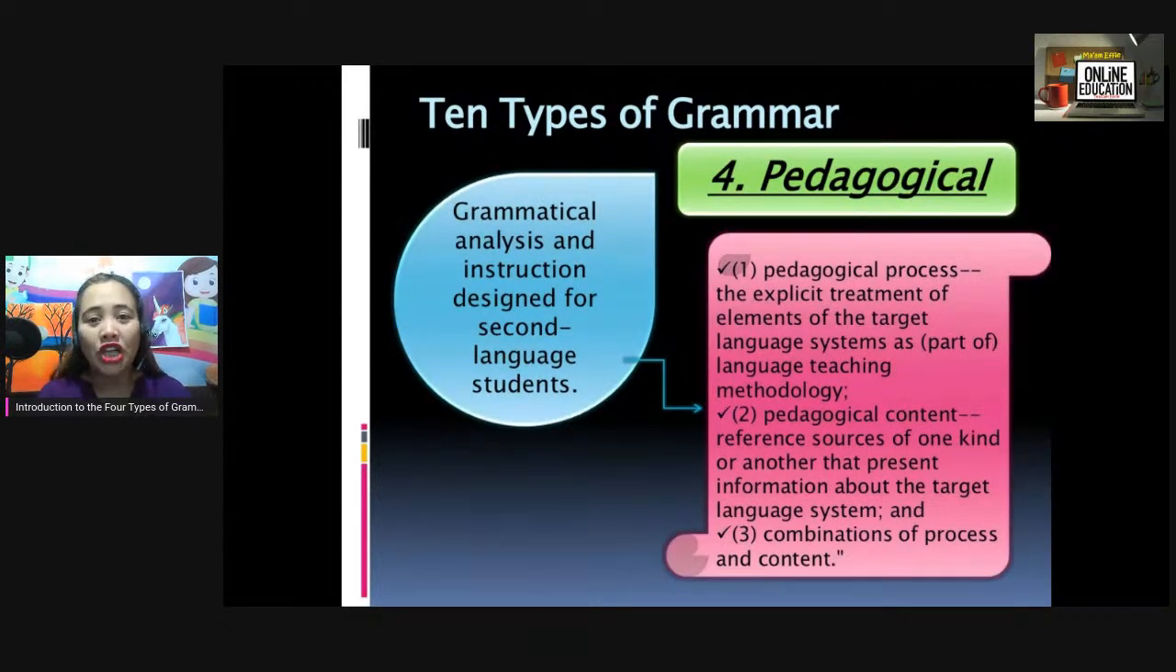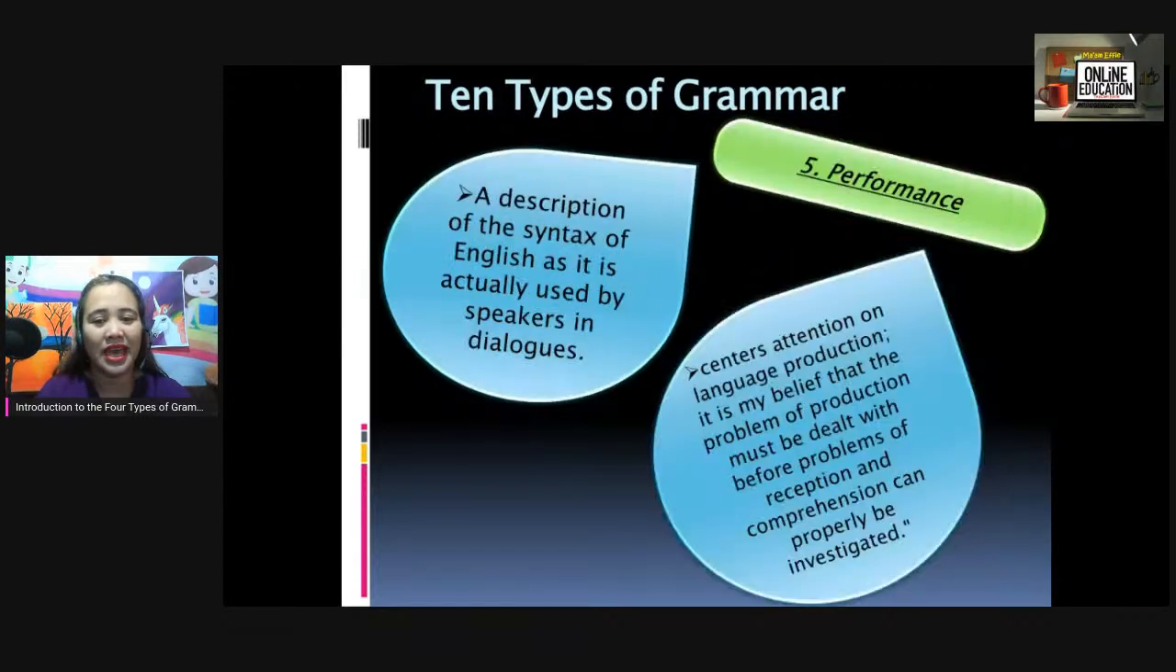Then, pedagogical: grammatical analysis and instruction designed for second language students. So pedagogical process, the explicit treatment of elements of the target language system as part of language teaching. So methodology, you have their pedagogical content, reference sources of one kind or another that present information about the target language system, and combinations of process and content. Okay. And fifth,